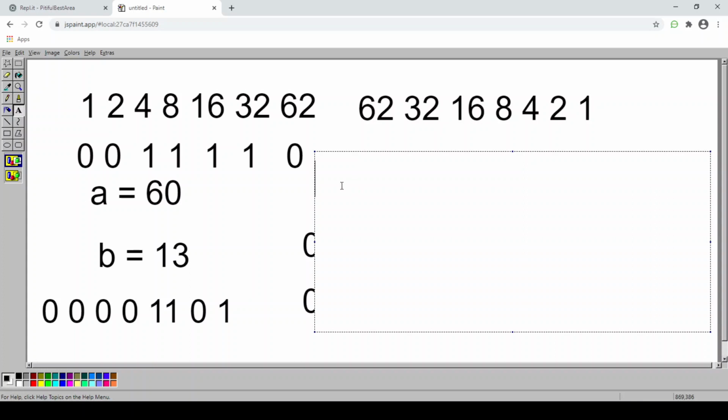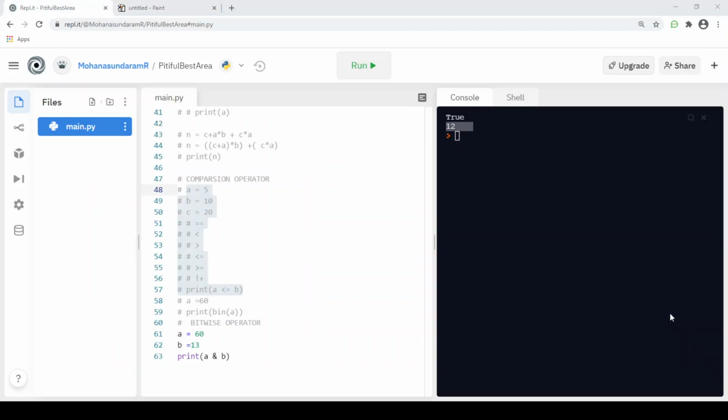I'm going to compare the AND operator. It is a vice versa for... sorry, not an AND operator. Our next operator will be the OR operator. The OR operator is denoted using the OR symbol.